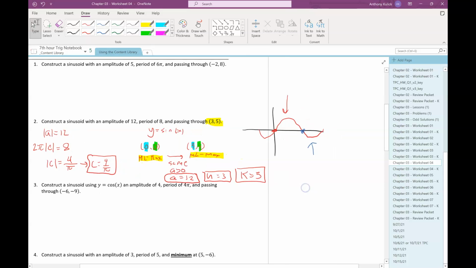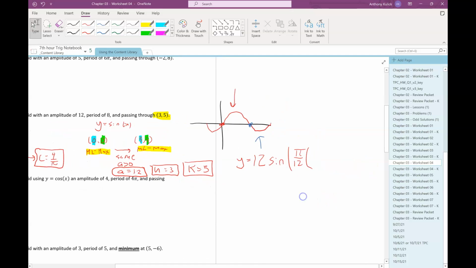And now I have everything I need to write my equation. So A times sine of 1 over c, so I'll just write the c as a reciprocal, x minus h, plus k